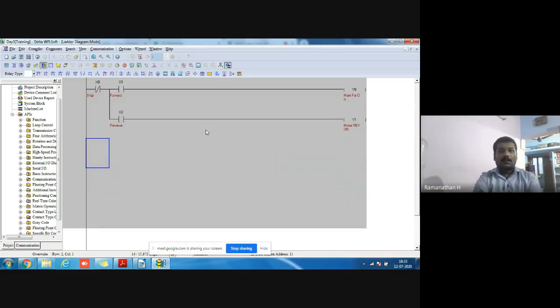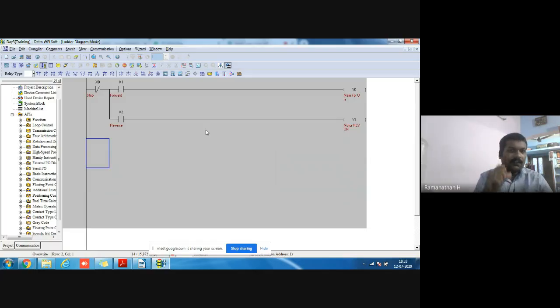Then the same thing, the star contactor also turns on. When the star contactor is on, the timer is NC and delta is NC. When the main forward or reverse is on, the star contactor also turns on. This is the condition.